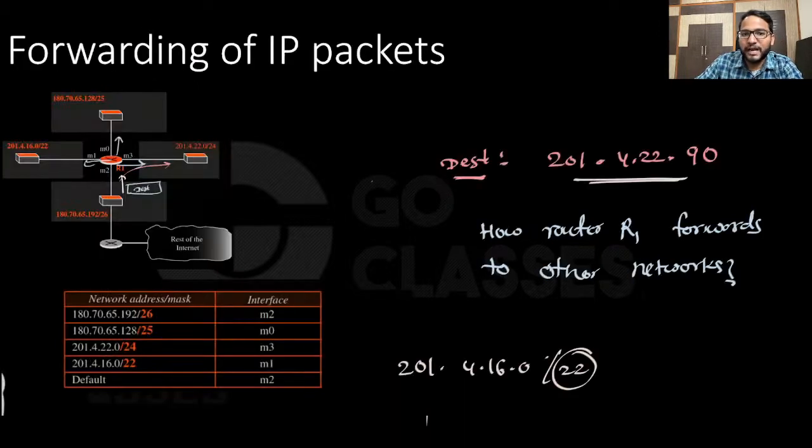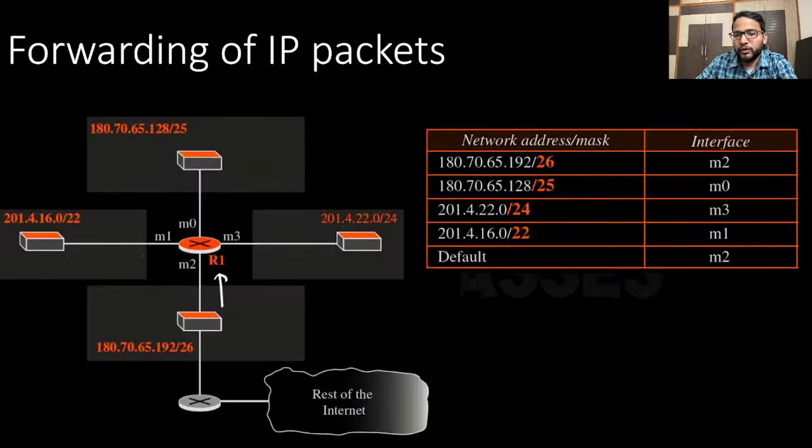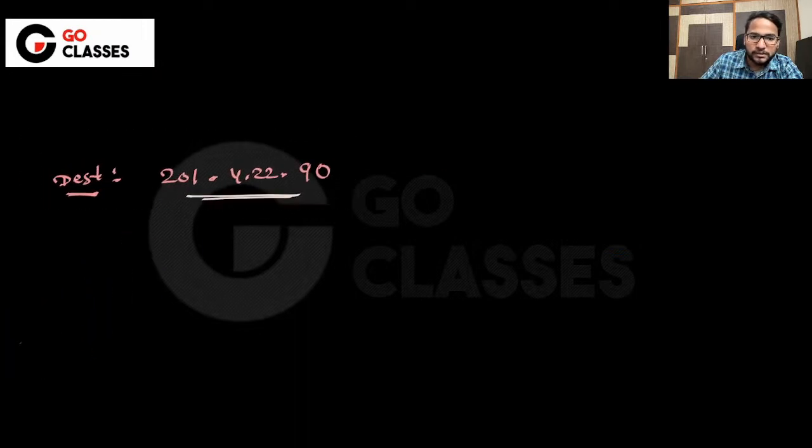So here the destination IP address which I'm getting is this. Now I need to apply /22. /22 means 22 bits are fixed, and then you need to change the remaining 10 bits. So basically here this is 8 and 8, 16, and then 6 bits are also fixed. 6 bits means that, let's just check,